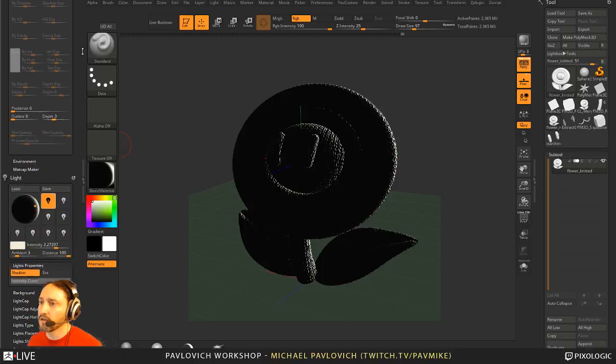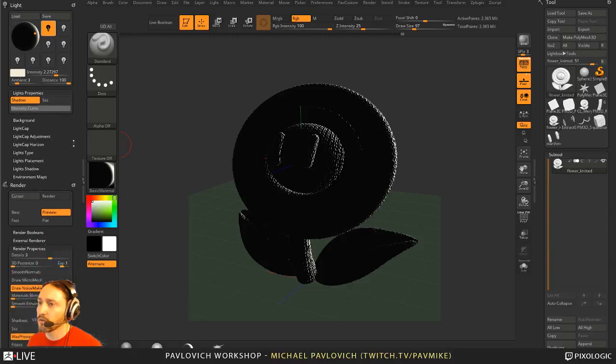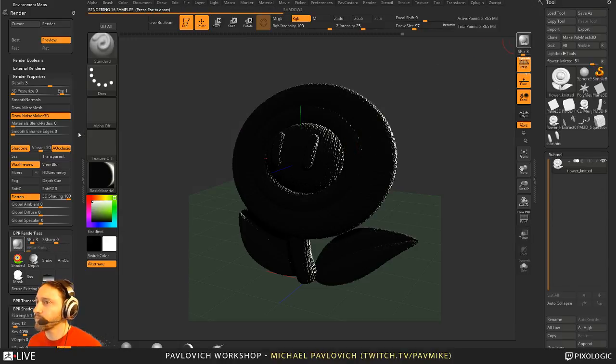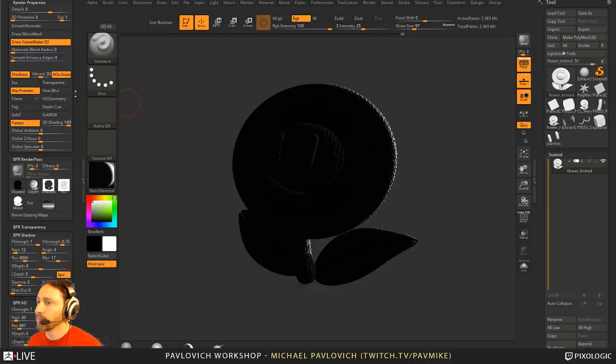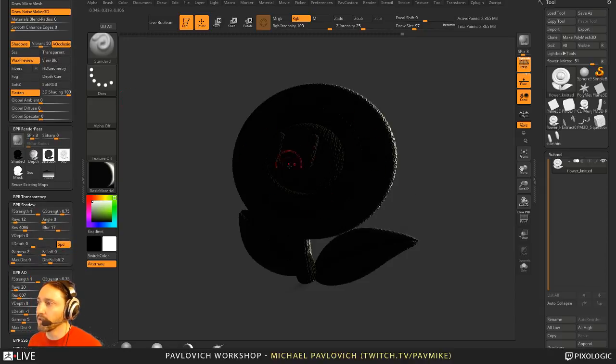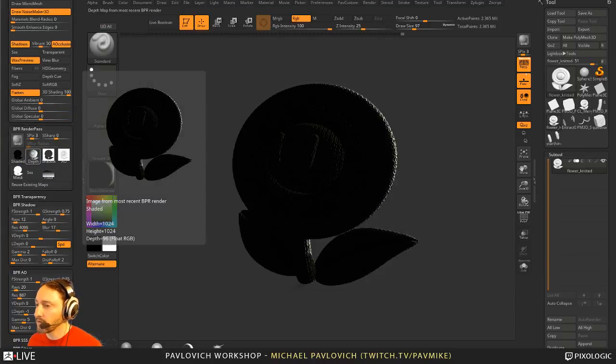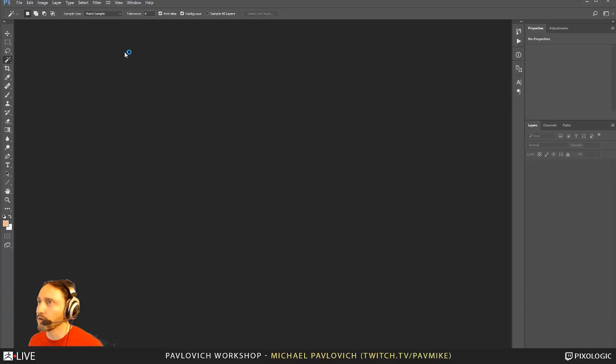And just so that it doesn't interfere with our shadows, we're going to go back down to render and turn back on our shadows and AO. And then we'll do a BPR render of just this lighting pass. There we go. So now when I overlay this or screen this later, we can say this is light 01. So now I can just manually go into Photoshop here,